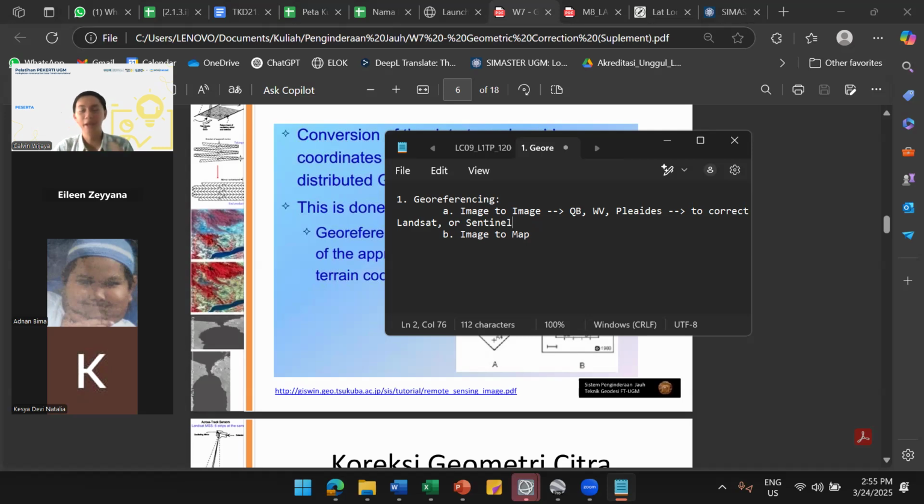From the name, image to image, the image here is the one we believe is more accurate and more detailed, such as high resolution imagery. We can use it to correct the geometry of other satellites, such as Landsat or Sentinel. So this is the first one.